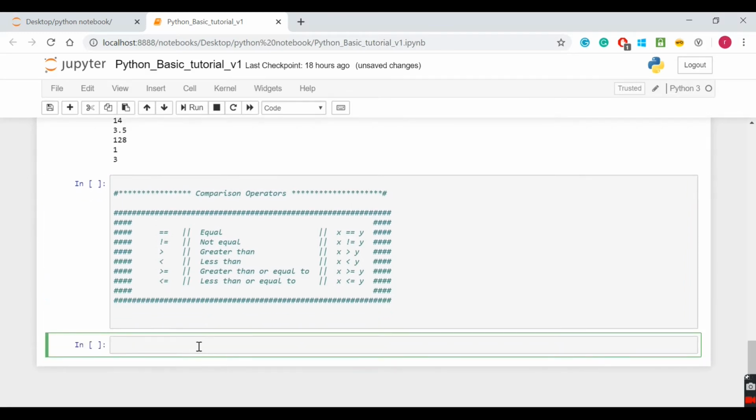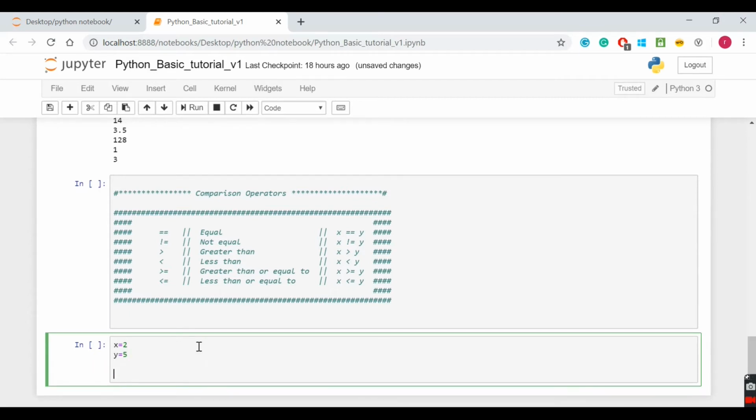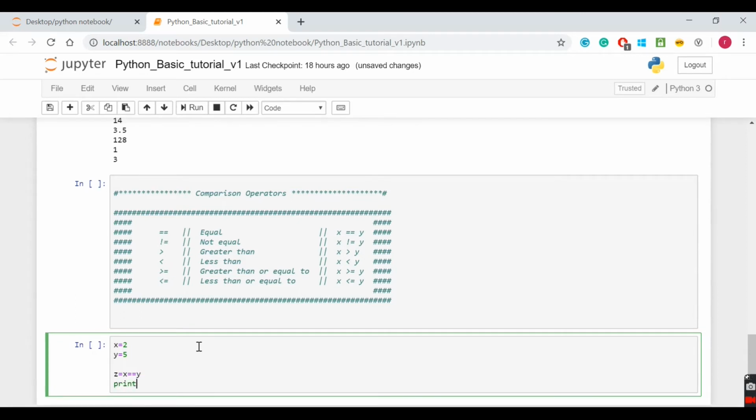I am defining variables x equal to 2 and y equal to 5. Now I want to check whether x and y are the same or not. I am creating a third variable z to store the result: x double equal to y, and print z.